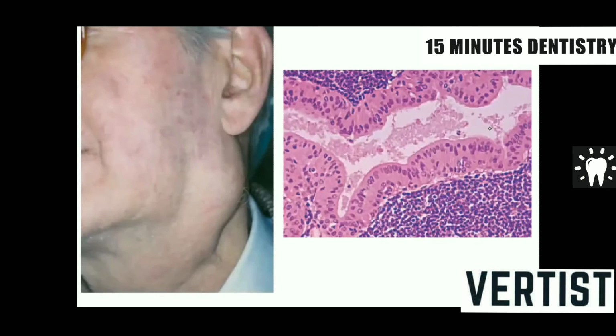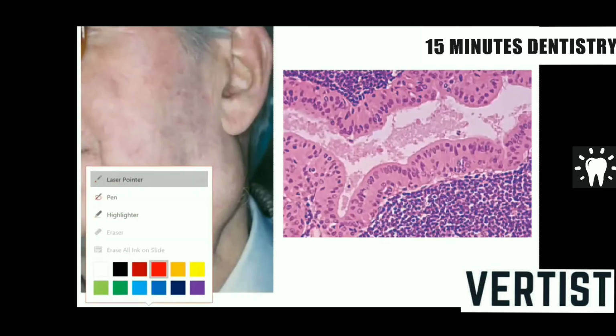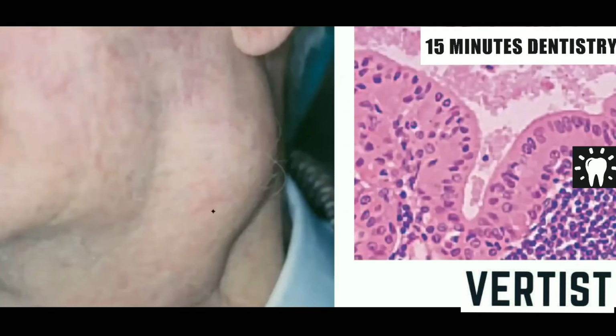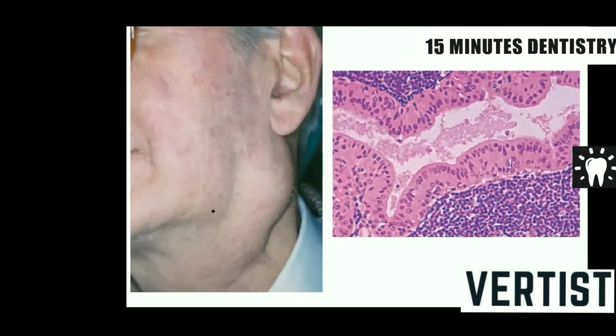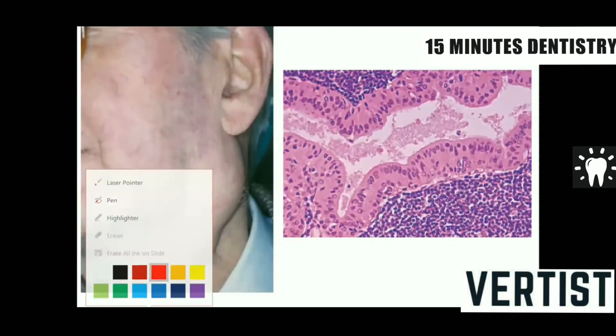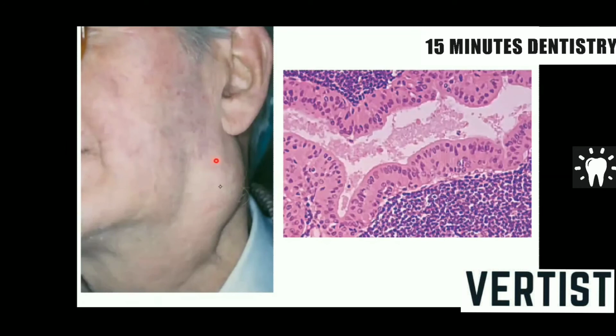So you can see here a clinical picture. This is a swelling seen in the lower lobe of the parotid gland in an elderly male, and this particular thing is the typical